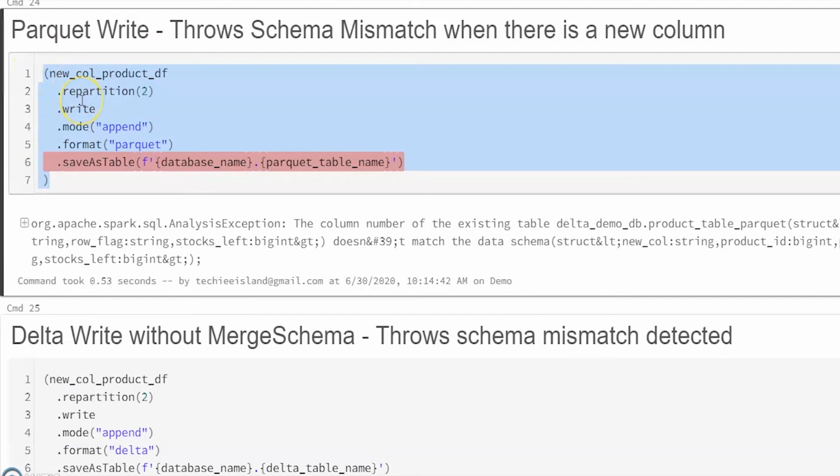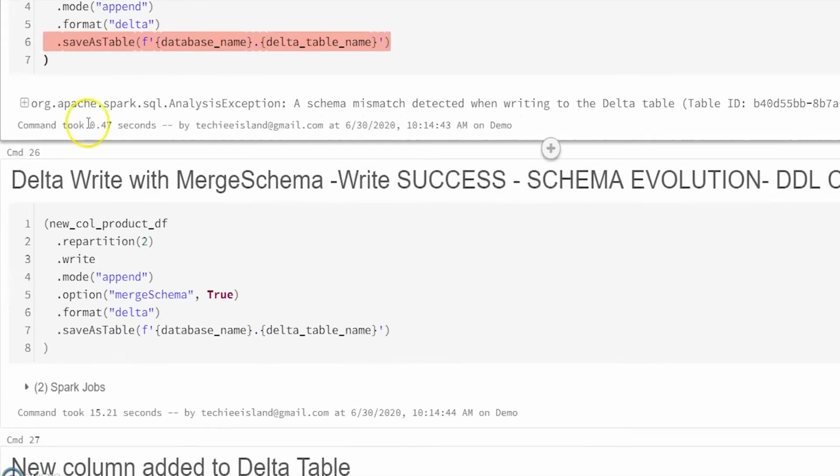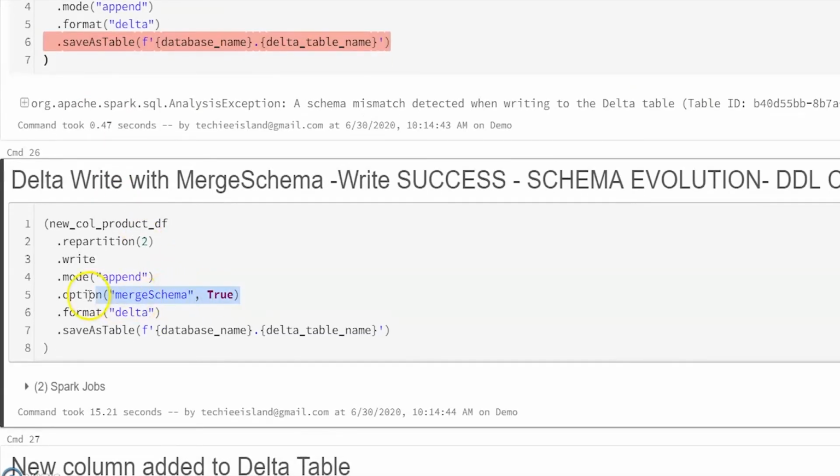But in case you expect your upstream application's schema may evolve as days go by, then you need to enable this merge schema feature to handle those kinds of DDL changes. This is one of your CDC features as well.